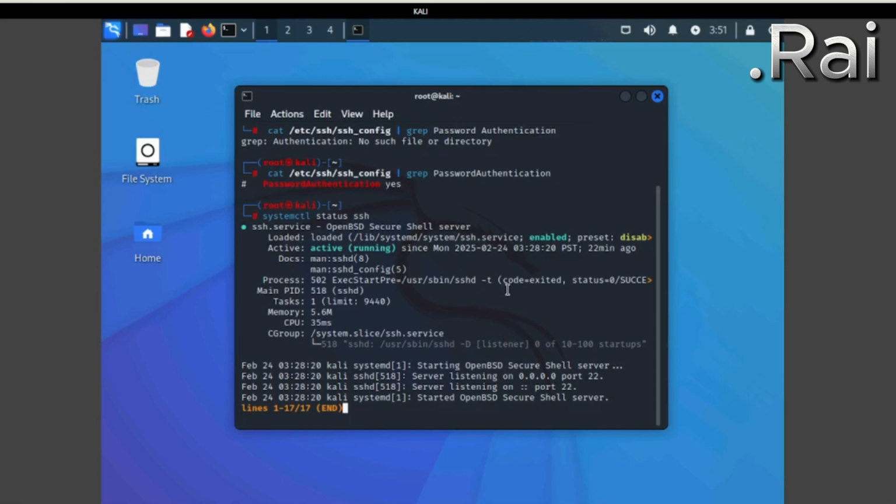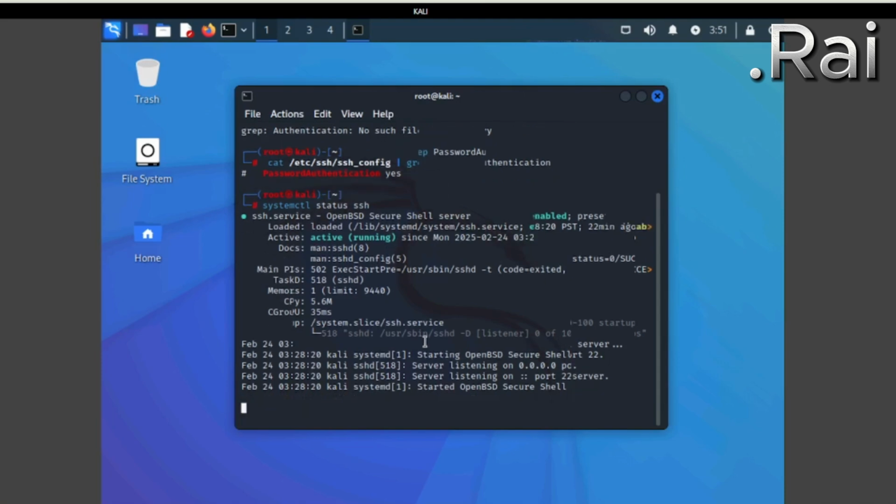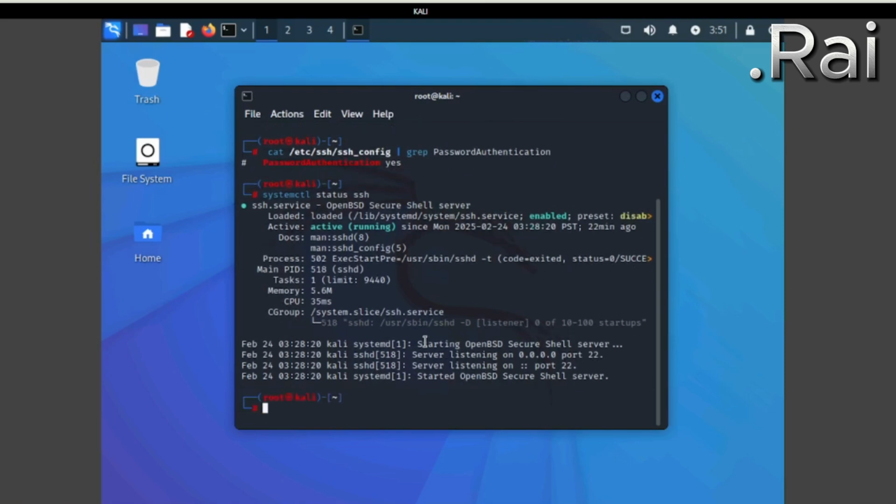To get out of this command output, you're going to need to press Q. Okay, you're going to need to press Q, as I said. The importance of this is that if the SSH service isn't running, remote connections won't work. If needed, we can start it